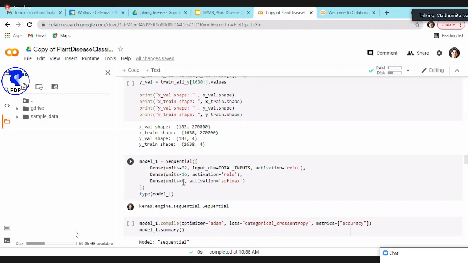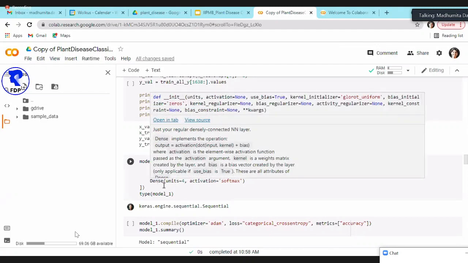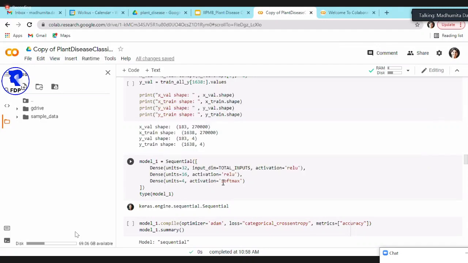That is, whether it's healthy, what will be the likelihood of healthy, what is the likelihood of this image being multiple diseases or belonging to rust and scab. And as I had shown in the array, if it's a scab, then the value for that will be close to 1, whereas for the rest it will be 0. And because it's multi-class, remember in the slide I had shown that we use softmax. We will use softmax activation there. And I named this model 1. So this is the architecture of your model.